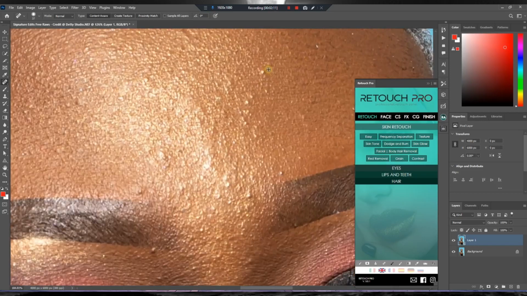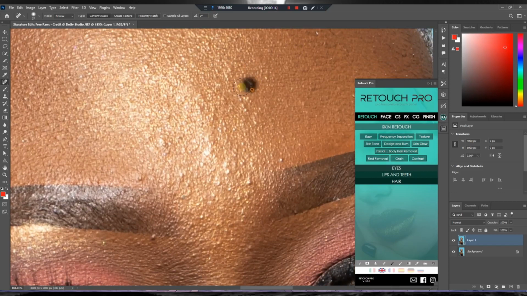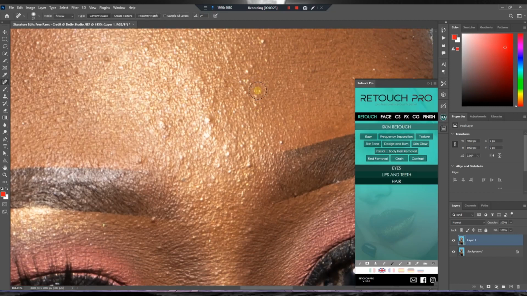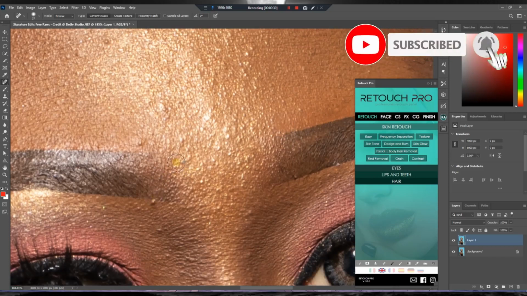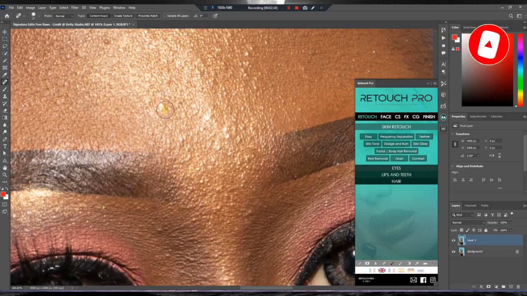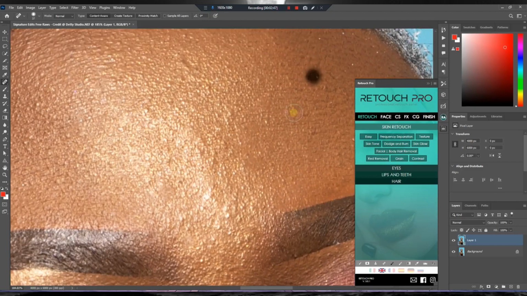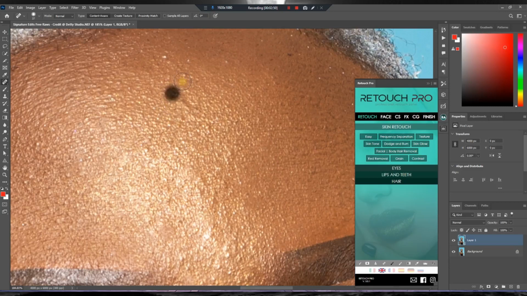But this spot healing brush does something to the skin, like it will take some parts of the texture away, which I don't like. So let me go back. You can still use it if you want faster editing, but photo retouching is not something you can speed up. It's something you spend much time on. But if you want a faster approach to your cleaning up, because we are still going to soften the skin on this face, you can use it. But fine, if you want a very perfect job, you are going to be using the second tool, which is